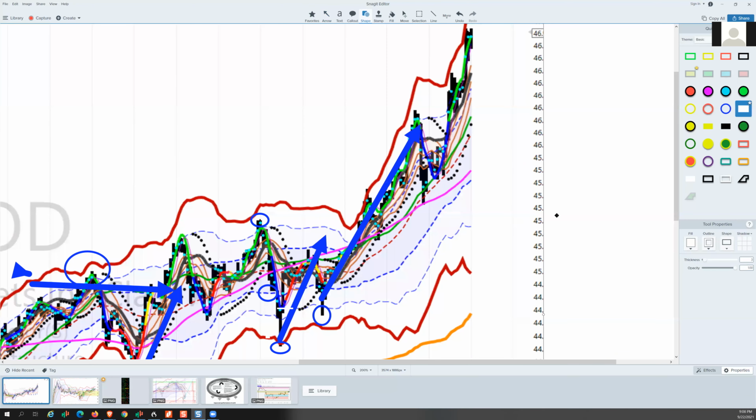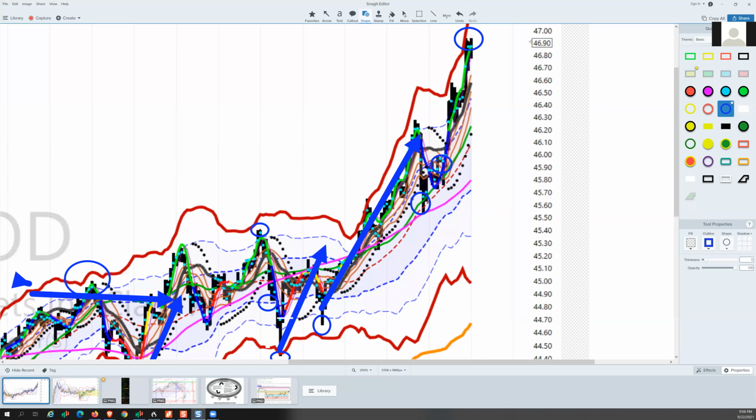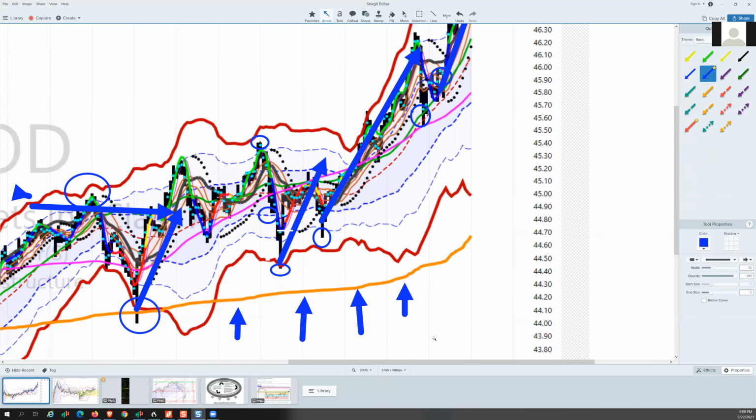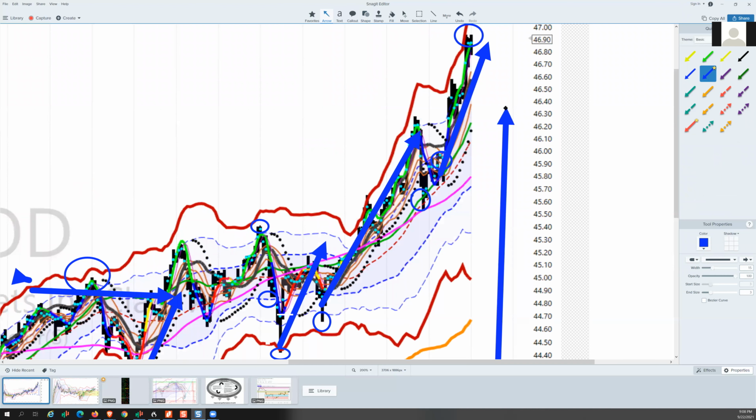And another big old move. Pulls all the way back to the Bollinger Band mean, gives you a COTA 2 re-entry, and there's a 2.5% move just inside that little piece, just when you thought it was over. So here's a move that came all the way from 43.5, ended up moving all the way to 47. So find the movers. Find them.